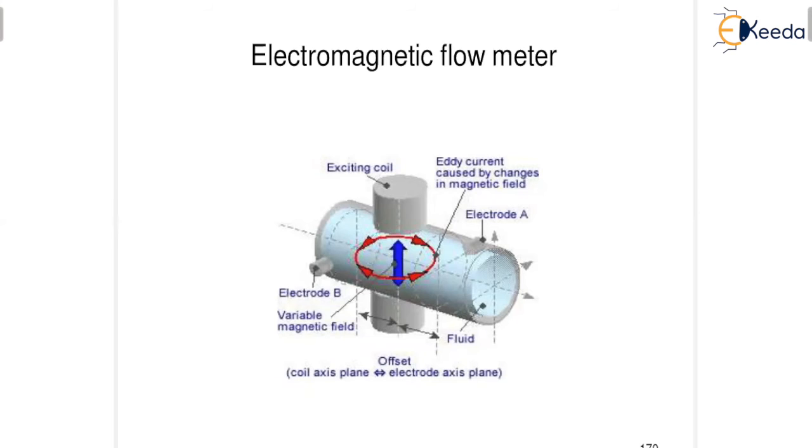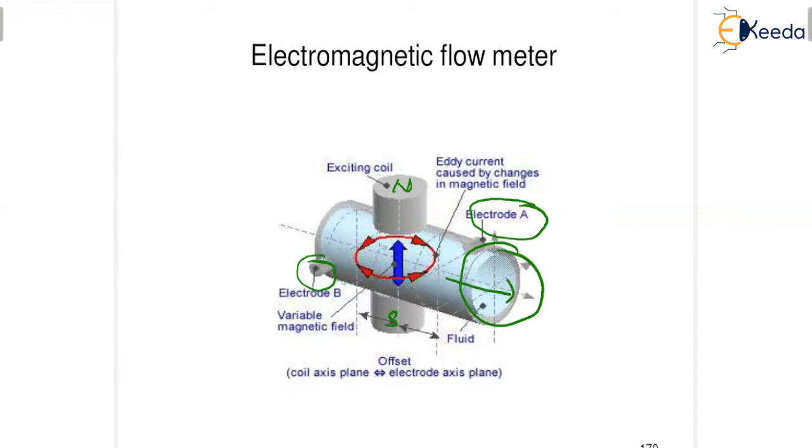These are the exciting coils. Generally, this is electrode B here. Electrode A will be on this particular side. Okay, these coils are exciting. This is the north side. If I'm going to take it as a south side, okay, two sides I'm going to take. And I kept this cylindrical jet, and it is moving with a velocity v.